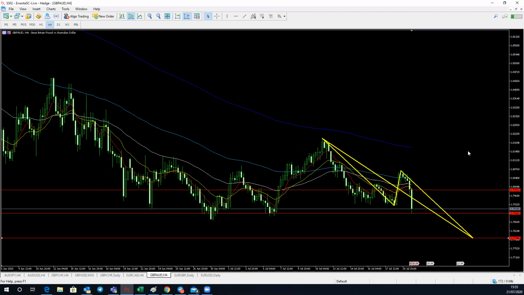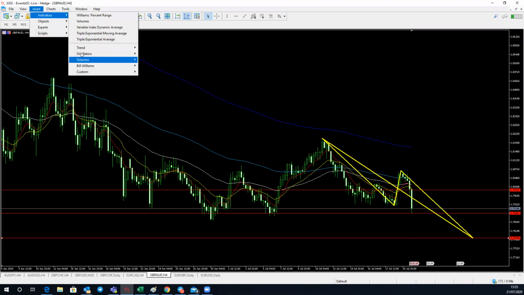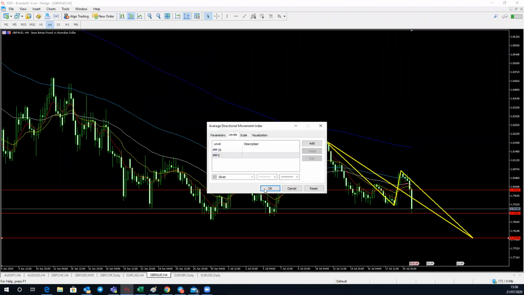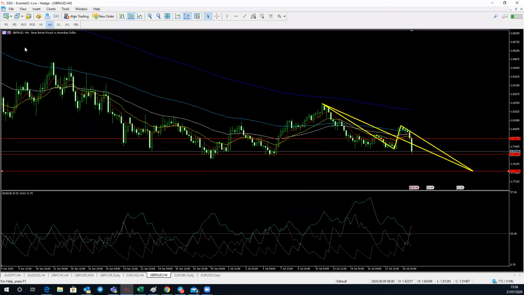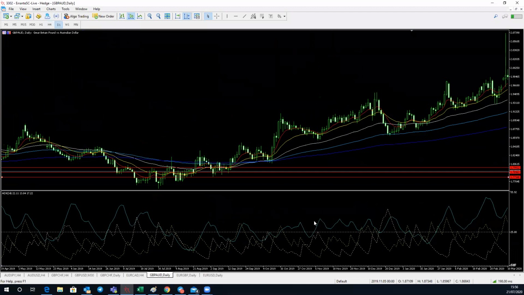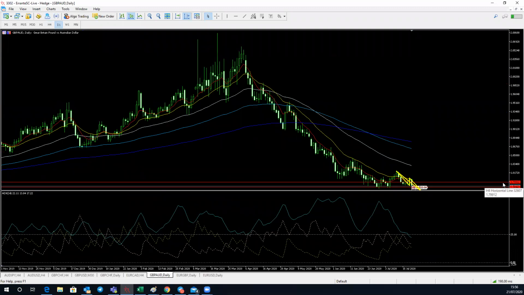So this is for the GBP AUD. As of now, I think we're looking at perhaps more moves to the downside. I just have to confirm again, with the ADX here is just not clear as well. So it is that kind of market at the moment for GBP AUD, whereby you need to expect anything. It can be a sudden reversal, a continuation, almost anything, but it's just not very